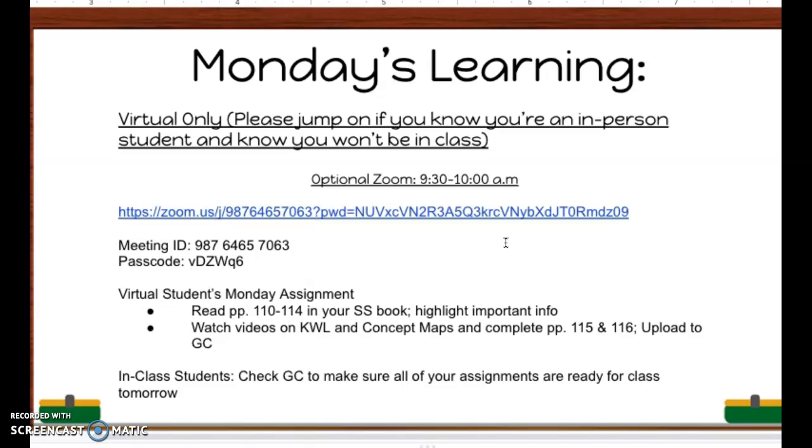Then you're going to do a KWL. I'll post those videos in here like I said, but as you look at what a KWL chart means, the K means what do you already know about schema, the W means what do you want to know, and the L means what you learned. You're kind of doing this backwards because you've already learned a little bit about schema, but you're going to tell me a few things you already knew about it, a few questions, and a few things that you learned. Then on page 116,